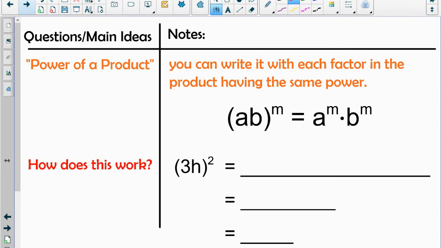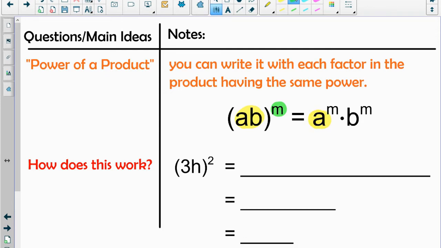Now, the power of a product property is a little bit different. This time what we're doing is we're raising a product, like something that's already being multiplied together, to the same power. So here we have an example where it's AB, which remember is A times B, being raised to the power of M. So what we do is we say, okay, if it's A times B, all grouped together in parentheses raised to the power of M,